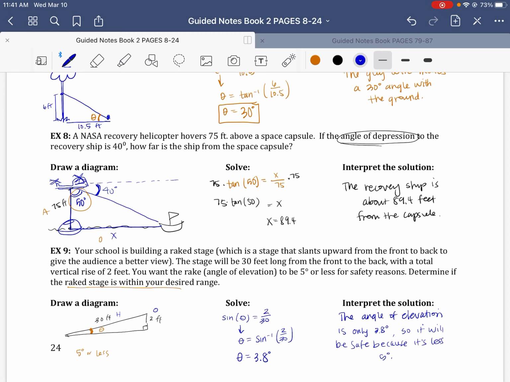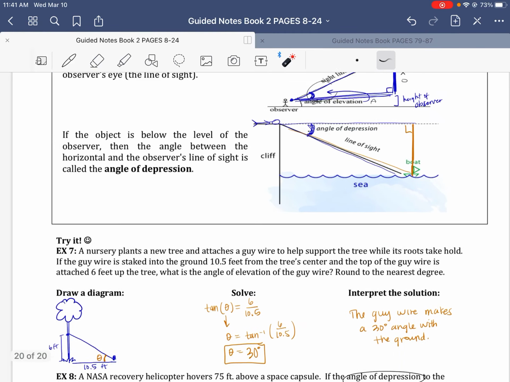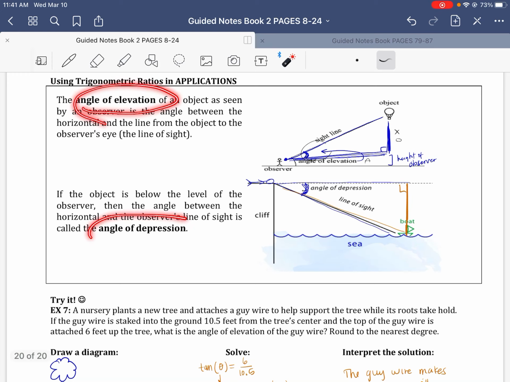Awesome. Okay, have some fun with these applications. I loved seeing your guys' pictures on your last assignment. And again, it's just a matter of really practicing with that language of angle of elevation and angle of depression. So the more accurate your drawing is, the more I feel like you're going to be able to grasp that concept and identify those heights and